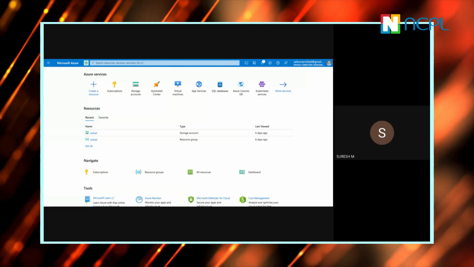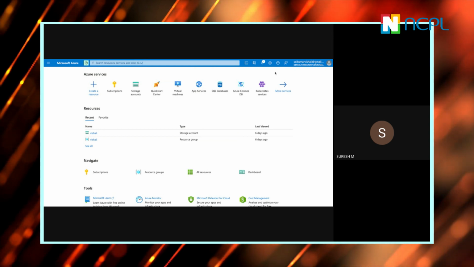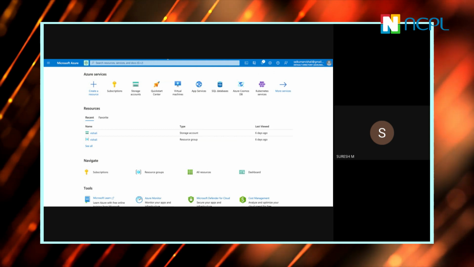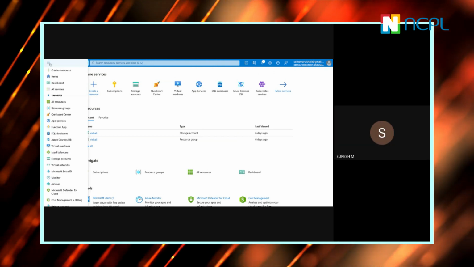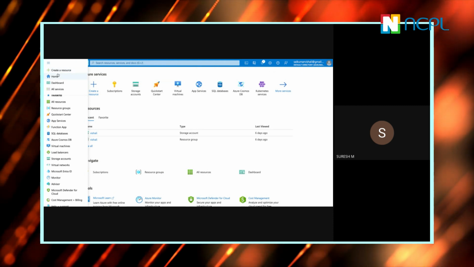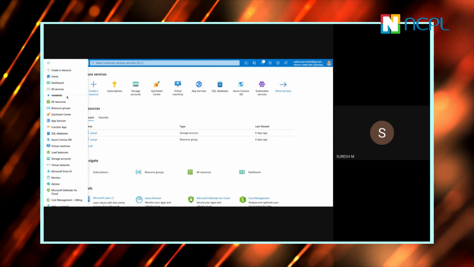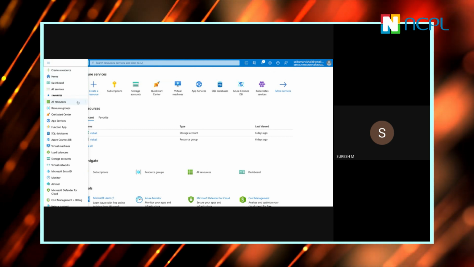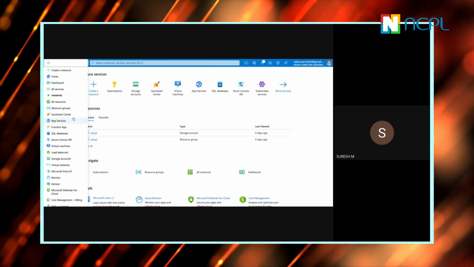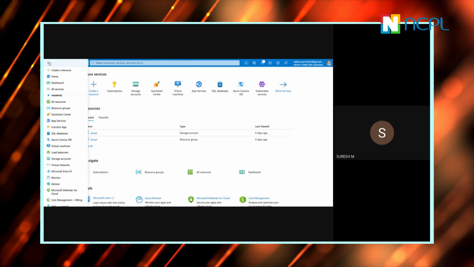On the left hand side, there are three lines. Microsoft Azure. Left, left, left. Three lines, the horizontal lines. Okay. Yeah, click on that. If you are exploring this portal, come a little down, Vishali. Scroll it a little down. There only. Come down.